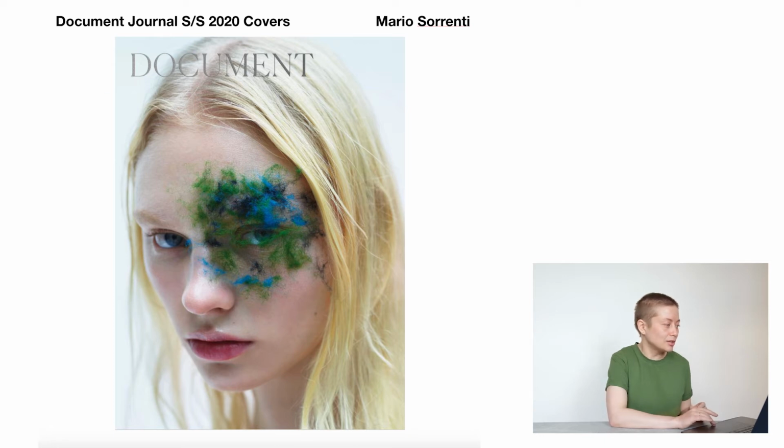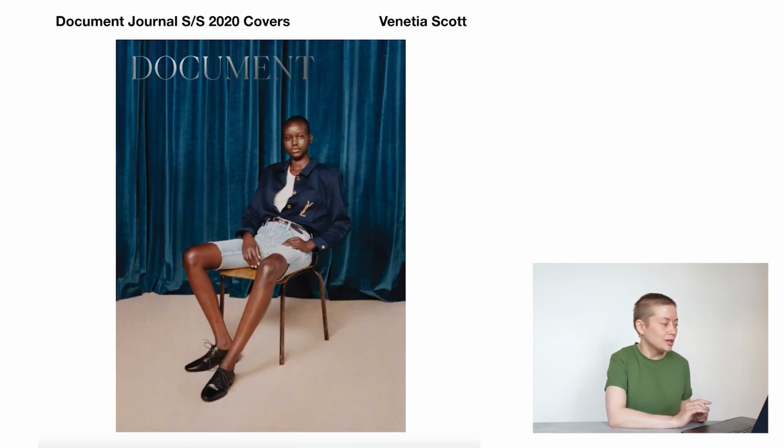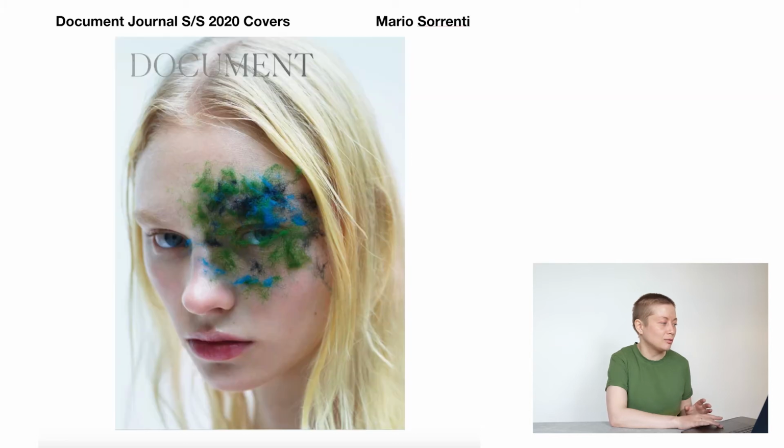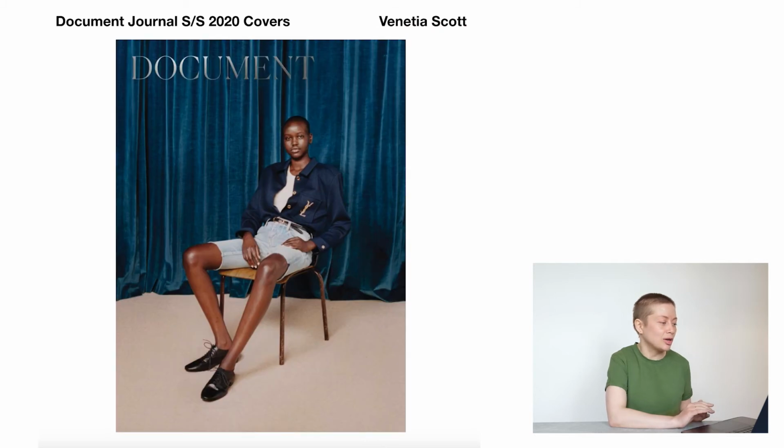And let's take a look at the next cover, which is completely different. If the previous two were all about the beauty, one is more bold and graphic, the other one is very soft and maybe more natural, more from the nature. And this one is a full body shot,